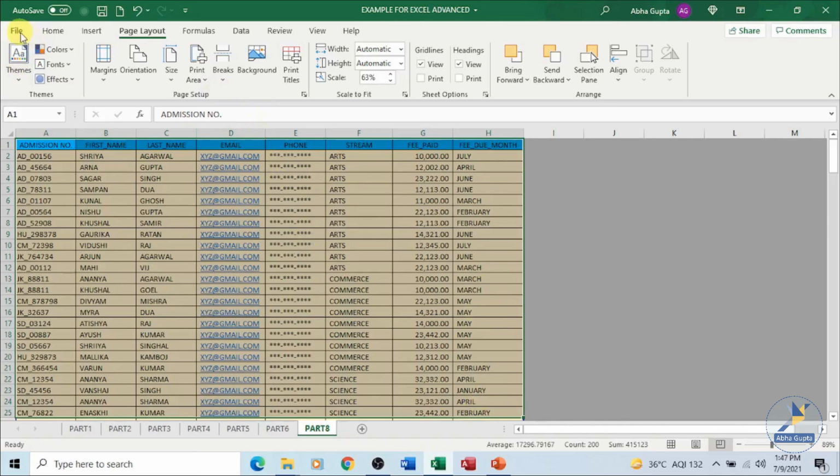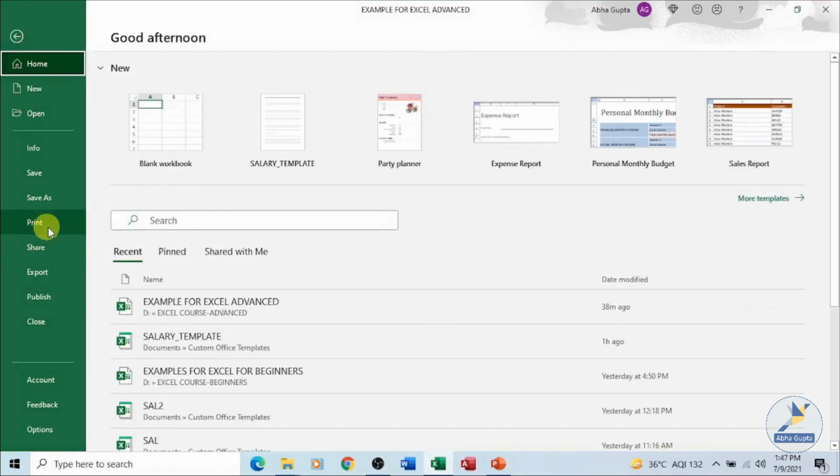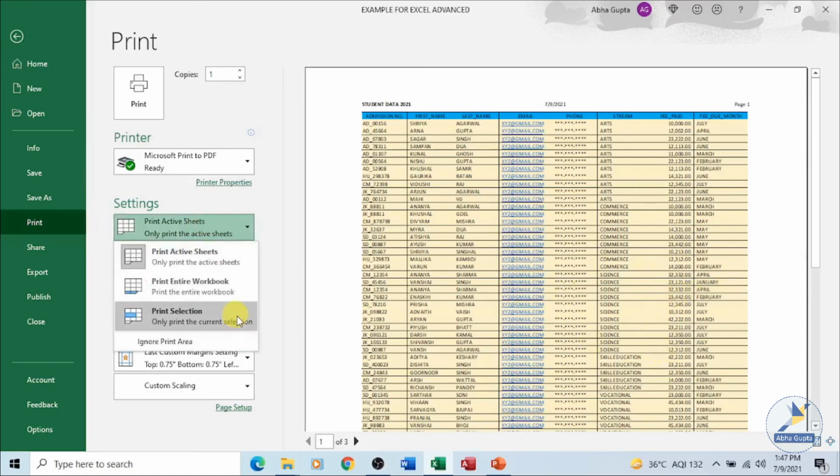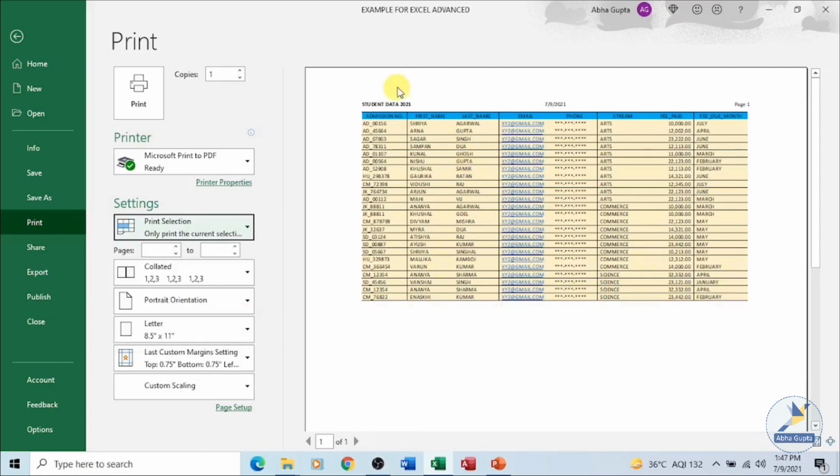I can go to file and then the print option. You can see over here. From here you can click on print selection only. The header and footer which we have set will come, and the selected part will be shown for printing, only one page. You can see over here. That can also be done.